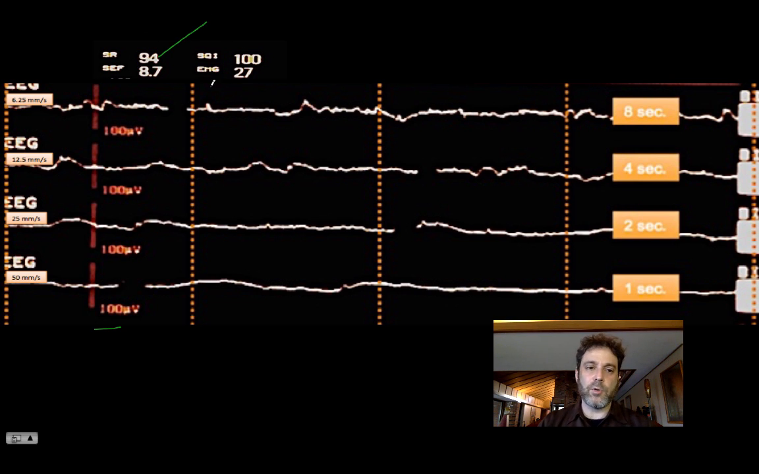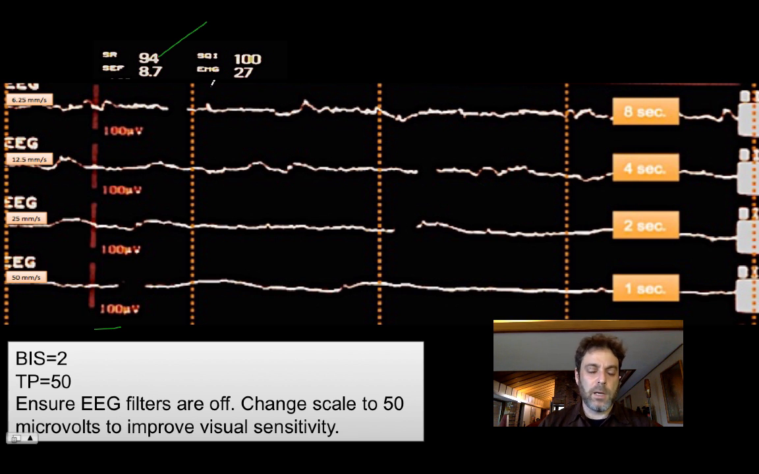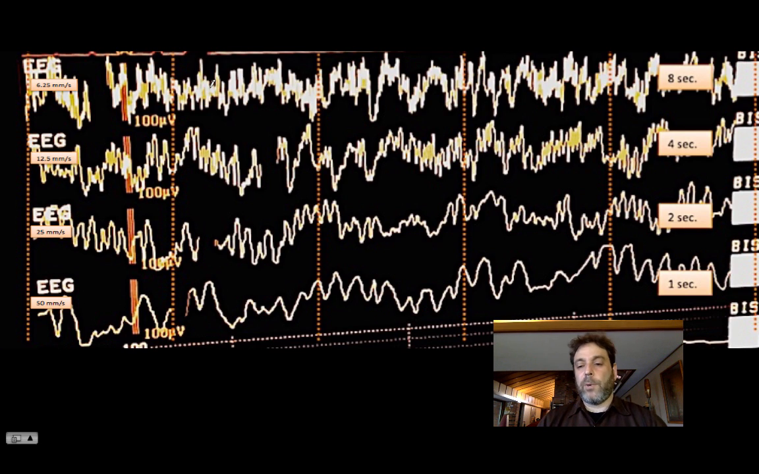I'm sure the BIS should be reading very low over here. This is too deep, and indeed the BIS is reading 2, and we should ensure that the filters are off and that the scale is at 50 microvolts. How about this one? Here we have